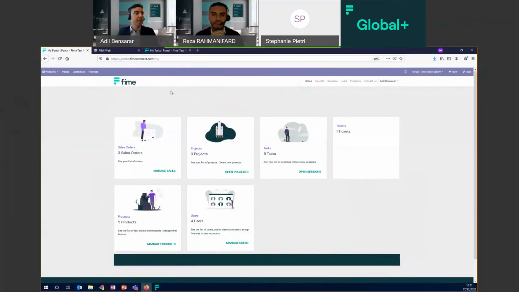Okay. So to start this demo, I have to connect first to the Fime portal through a web browser. Today I'm using Firefox, and this is the homepage of our platform. What you will see will depend on your user profile and access rights. Here I am the customer admin of my company, and therefore I have privileged rights to manage sales orders,